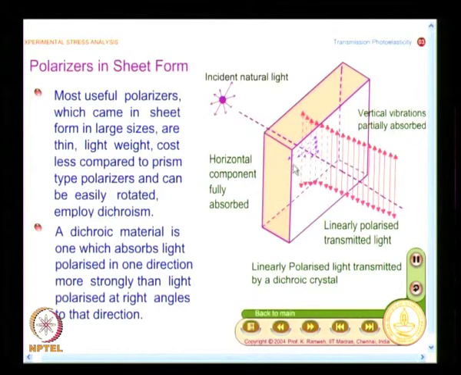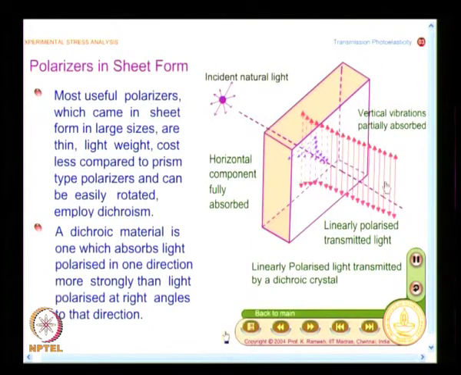It is a complex figure. You see the horizontal component as it travels within the crystal, it gets absorbed. The vertical component goes undiminished. Whether I incident a natural light or a polarized beam of light, within the crystal you will have only a polarized beam of light. And what you find in a dichroic material is one of the vibrations is completely absorbed within the thickness. So, it allows only one light to pass through.